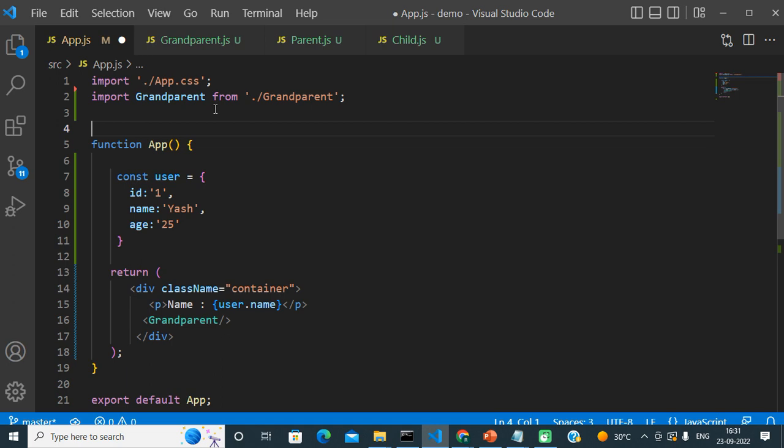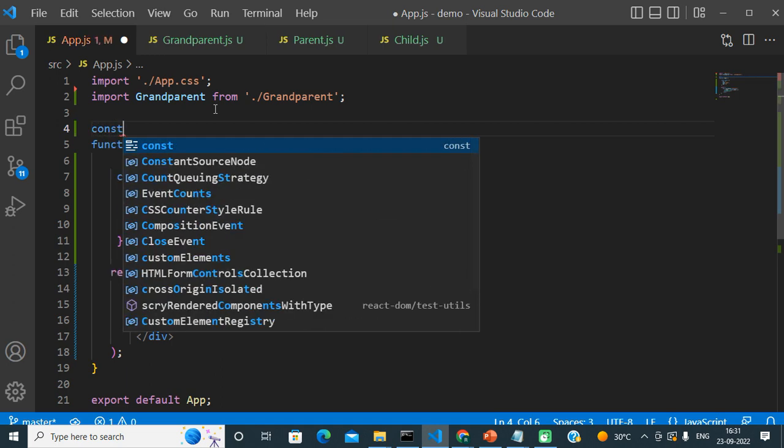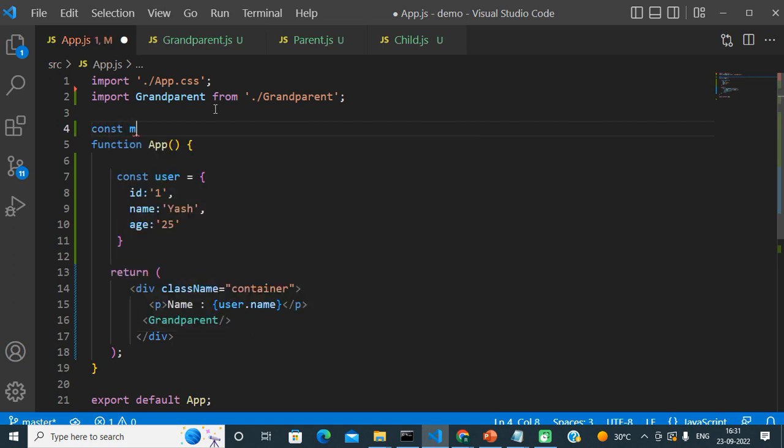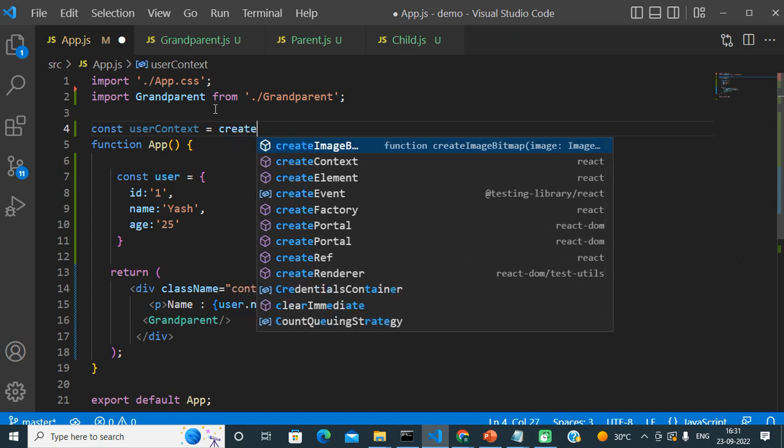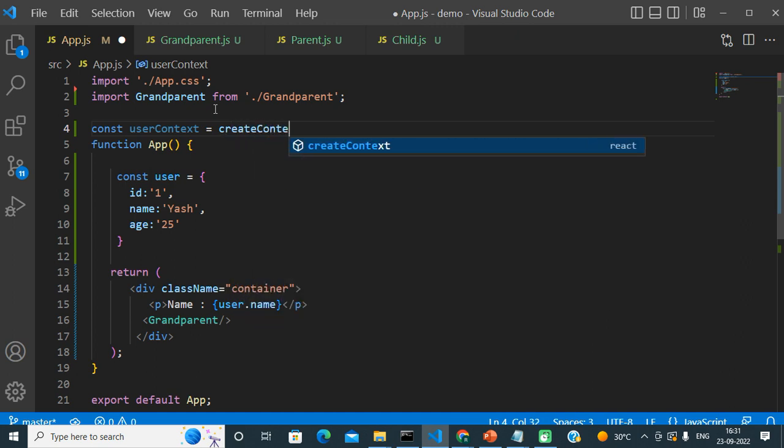Just normally const, let's say myContext, or let's say userContext, because we are sending a user object. So userContext looks like a meaningful name, and here we have to call a standard function, that is createContext.